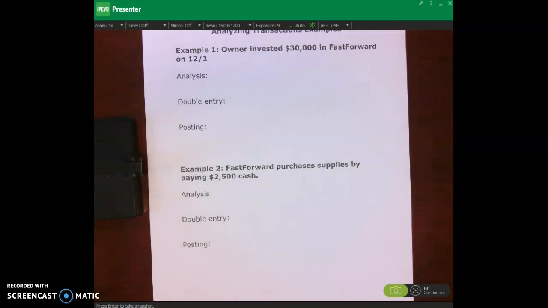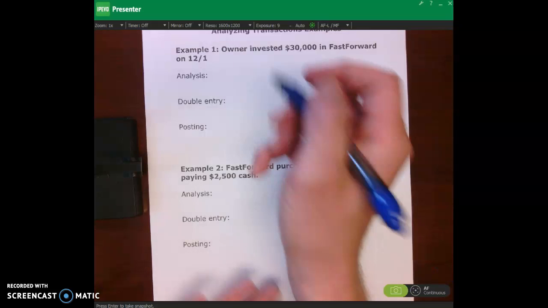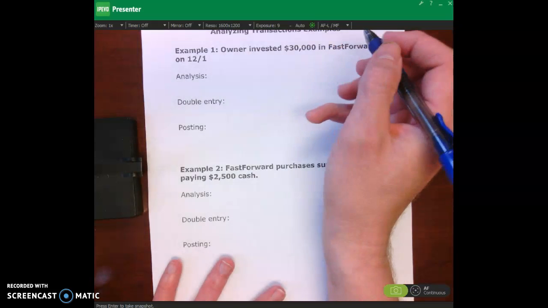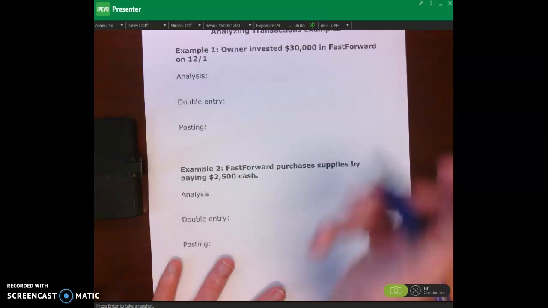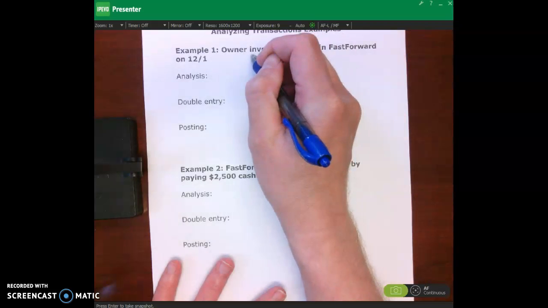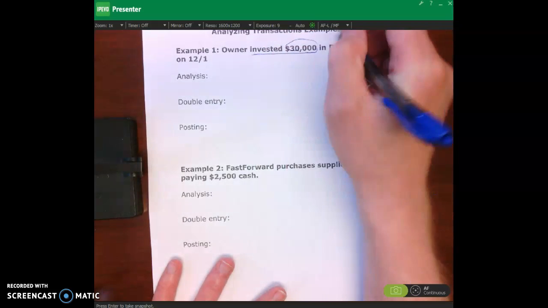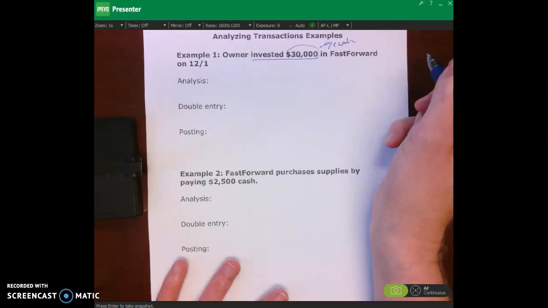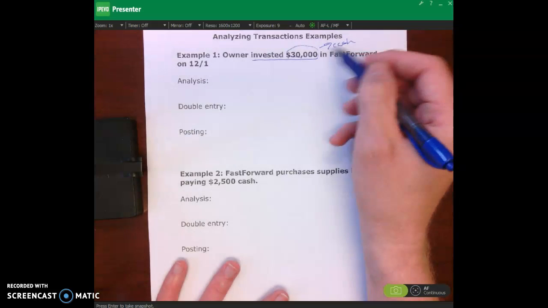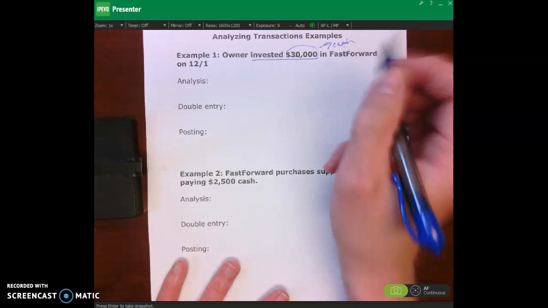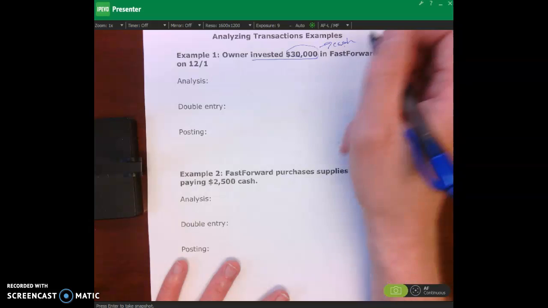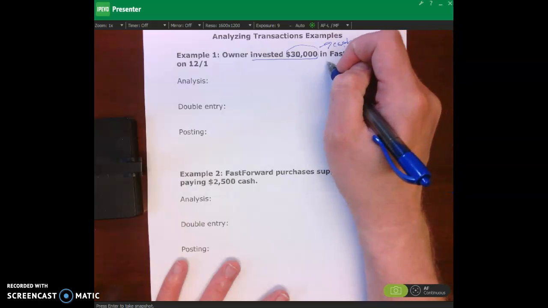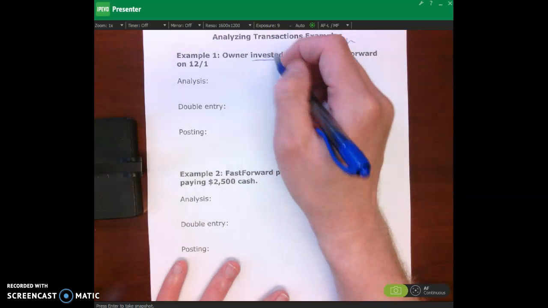Again, we invest money in our company. So we come over here and we have to figure out what's happening. What accounts are being affected? $30,000. That's cash. So cash is going up. He's investing cash in his business. Okay. What else is going up? Well, this is owner investment. So that means